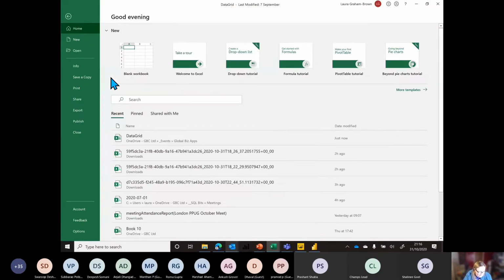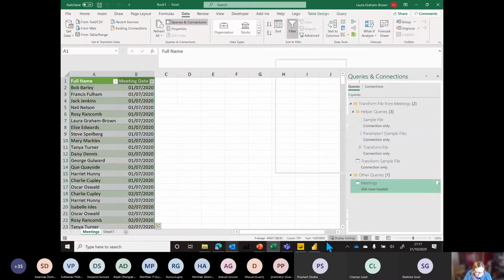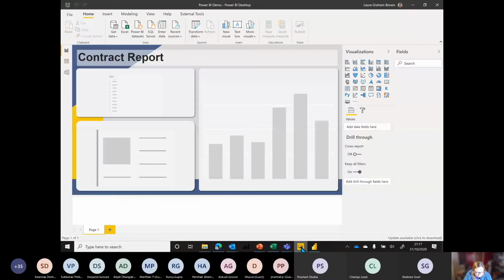So when I go to File, and then I go to Info, there is the path to my file, and I'm going to click Copy Path. That's important. And then I'm going to close it. Right, now because I'm aware of how little time we have in this session to do these things,